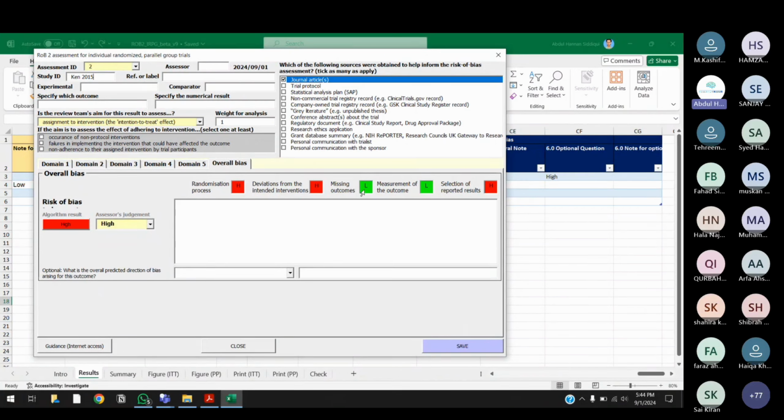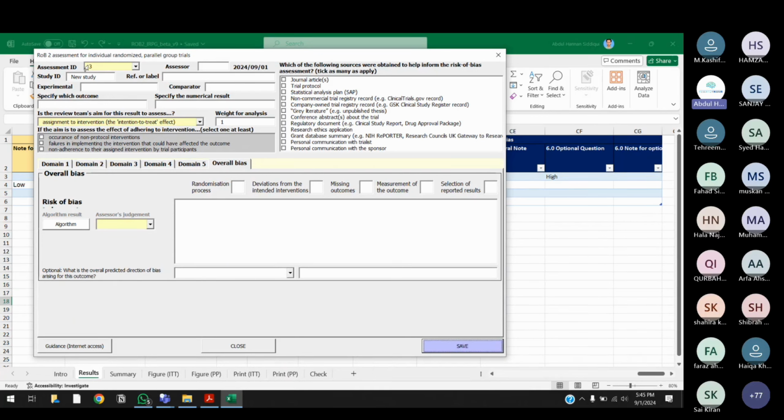ठीक है. So I'm just trying to show you guys कि when you save the data in an individual assessment ID, तो वो सारा save हो जाता है. And when you change the assessment ID, the tool is going to bring back the old data for that assessment ID. ठीक है. Now let's do it for assessment ID 3. अब मैंने डाला assessment ID 3 and nothing is showing up. What does that mean? No info, exactly, nothing is saved. So now I can save something new over here, new study, okay? And after typing new study, if I click on the button save, it is going to save the new study name with the assessment ID 3.